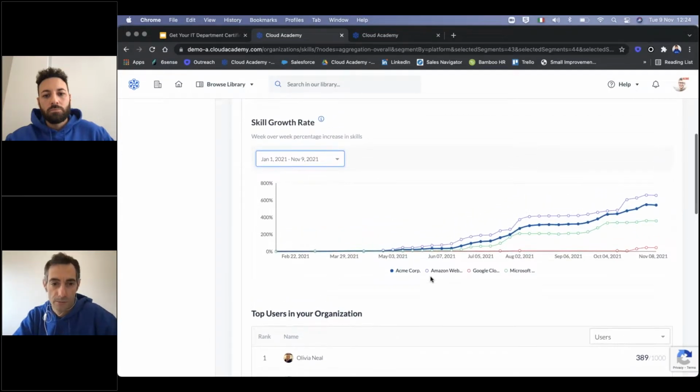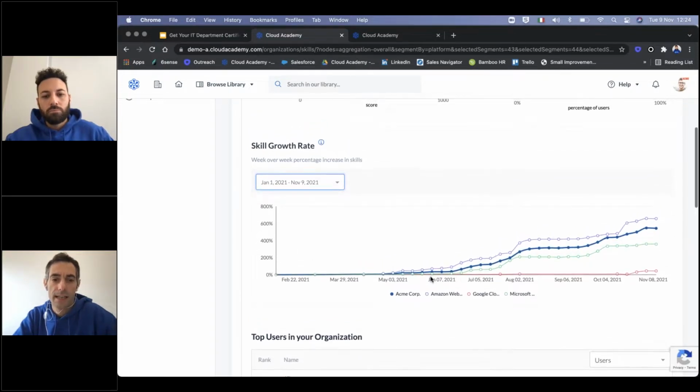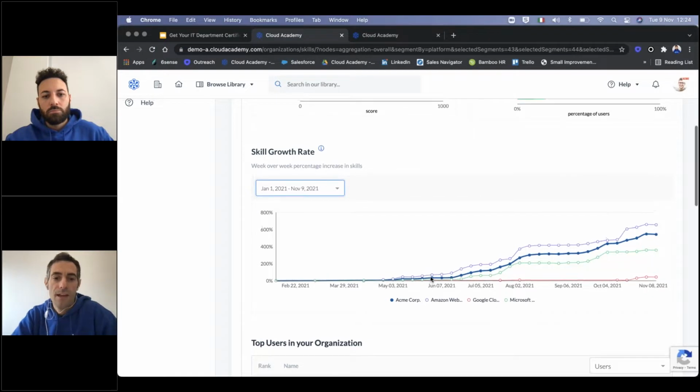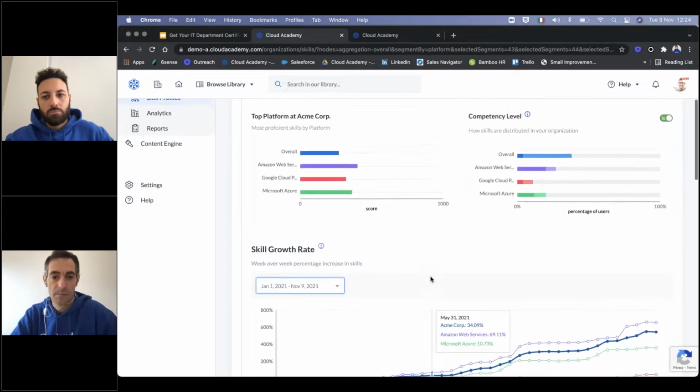So I think this is the best way to talk about return on investment, and also it's a nice dashboard if you're meeting with senior managers that want to understand a bit more about that.